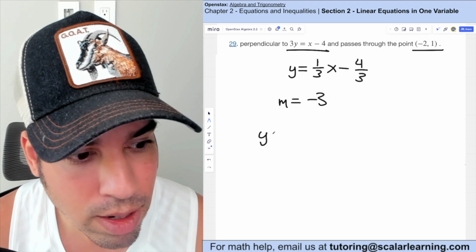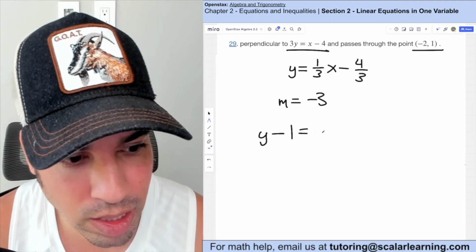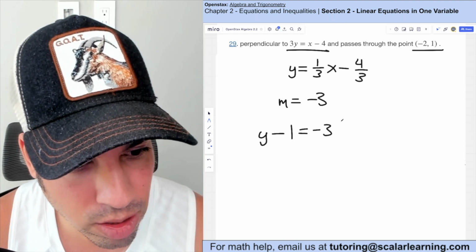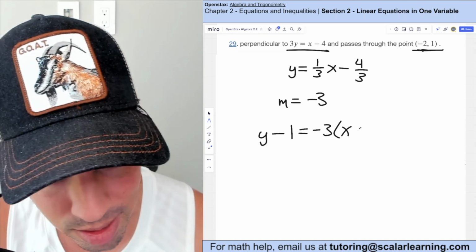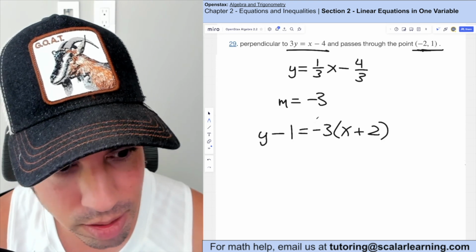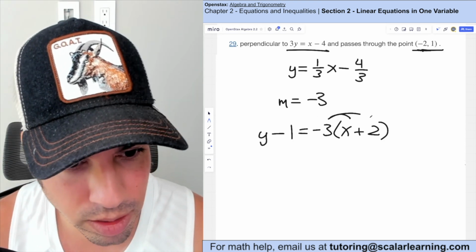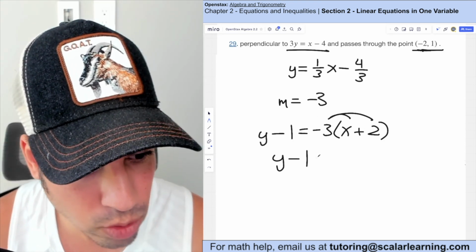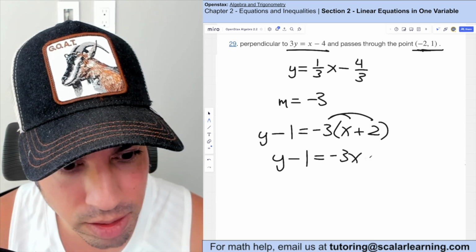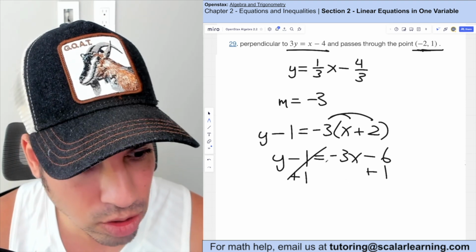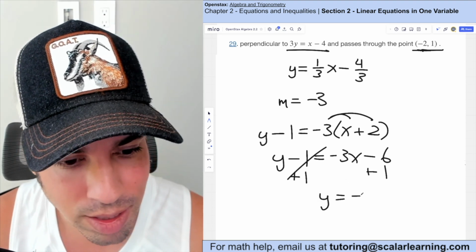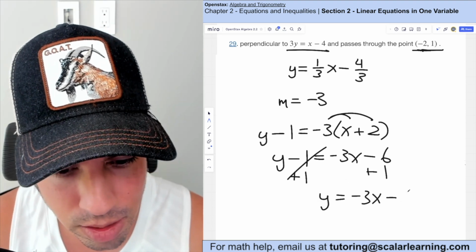So we got y minus 1 equals -3, that's the slope, times x minus x1, which is -2, but minus a negative becomes plus. Now to get into slope-intercept form, we're going to distribute the -3. We got y minus 1 equals -3x minus 6. And then I'm going to add 1 to both sides like so, and I have y equals -3x minus 5